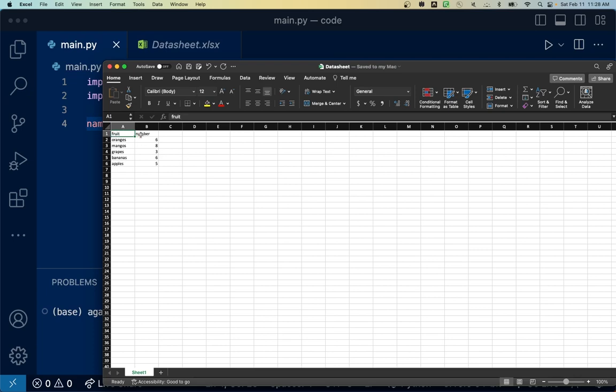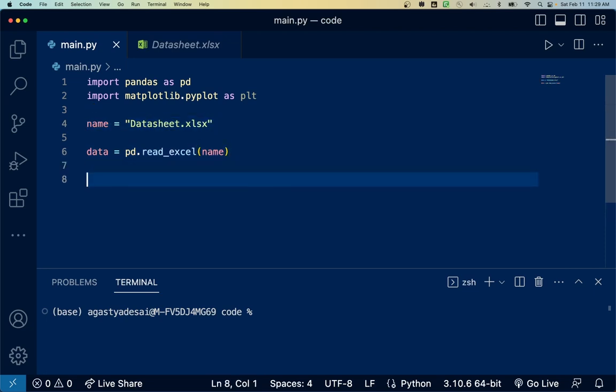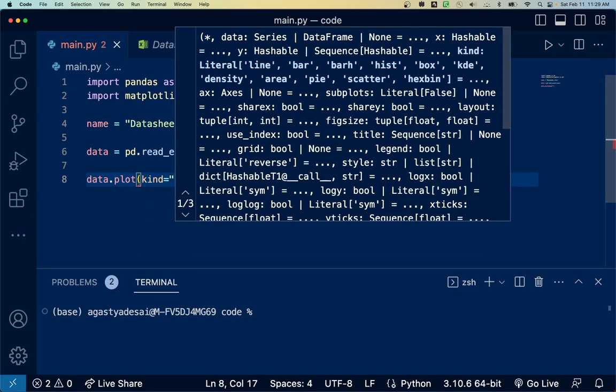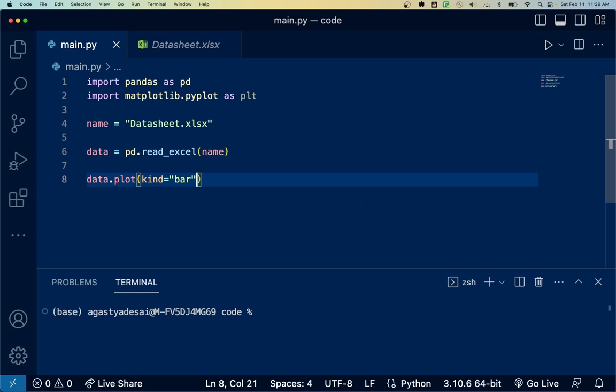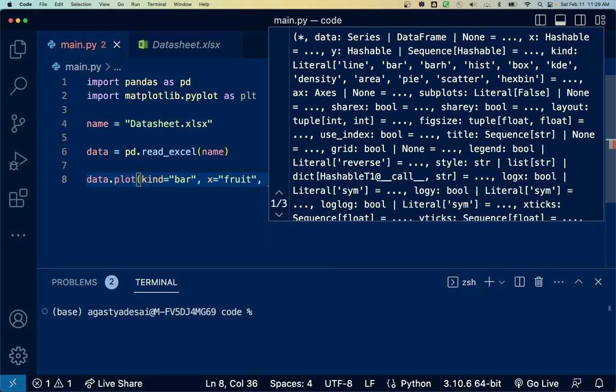So if, let's say, someone tallied a classroom for their favorite fruit, then this could be the data. And now to read it, we can create a variable called data and say pd.read_excel of this name, which is datasheet.xlsx. Now we can plot this, saying data.plot kind equals bar, and then the x-axis will be fruit, the y-axis will be number,